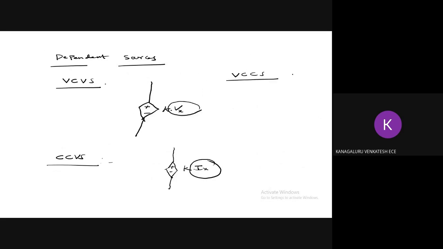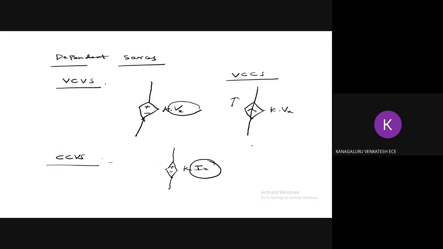Now, the voltage controlled current source. We'll see it as the third category. The controlling parameter is voltage, but it is a current source. So we represent it like this. For a current source, an arrow should be represented, which indicates the direction of the current. So from here, we can understand that the current direction is upward. So it is a current source. The controlling parameter here is a voltage. I can represent it as K into Vx.